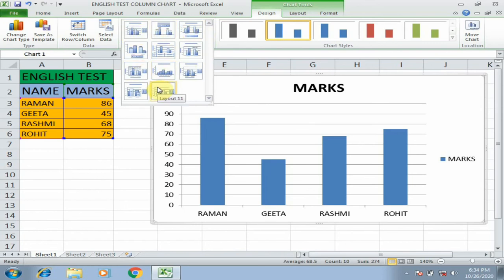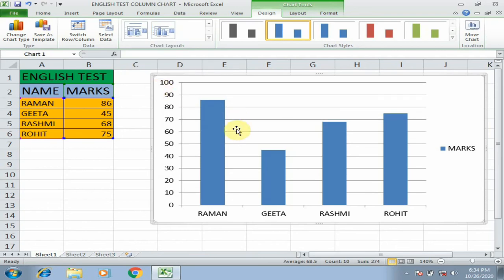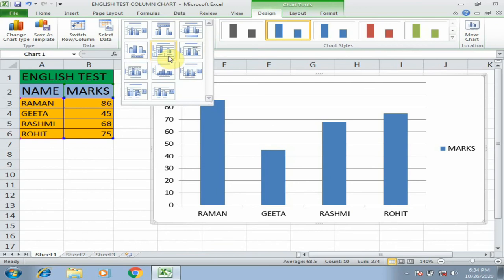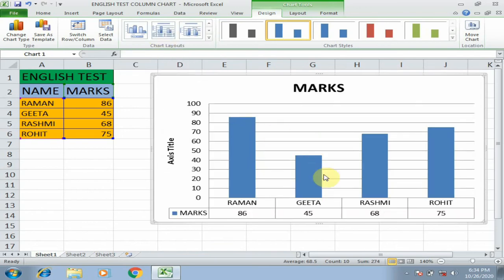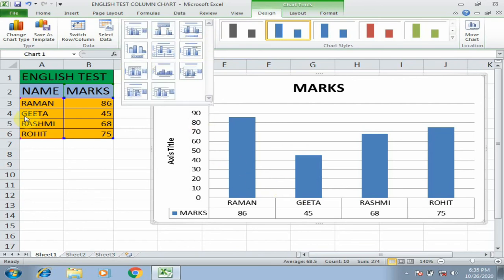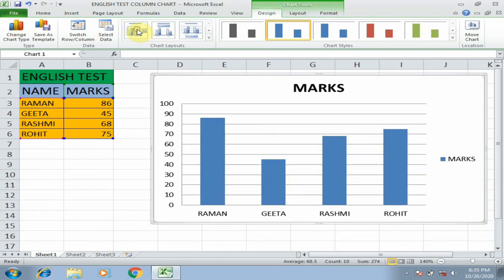If you click any one, for example layout number 11, you can select that one, and according to that layout our chart is changing its view. Okay students, as you wish you can select any layout from these 11 layouts.